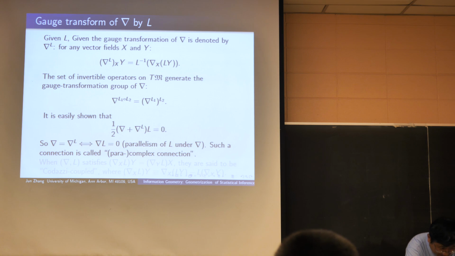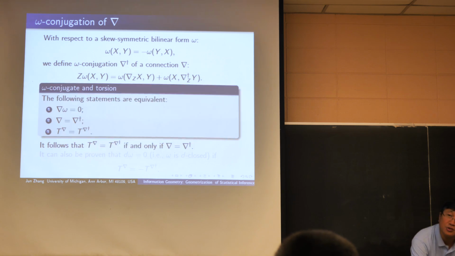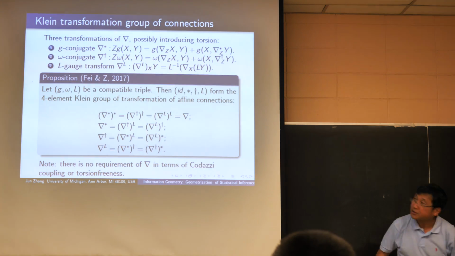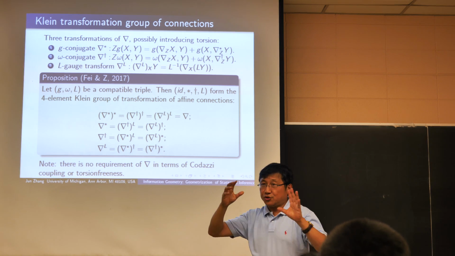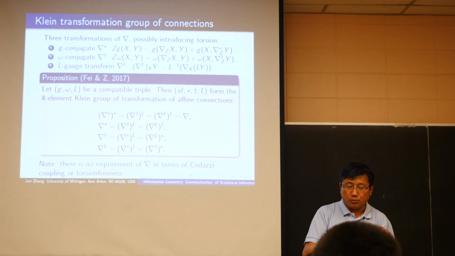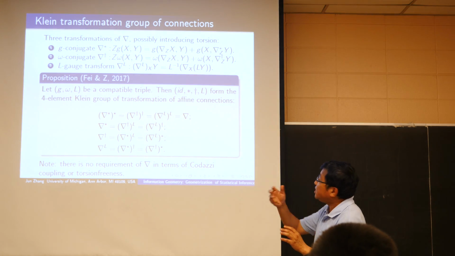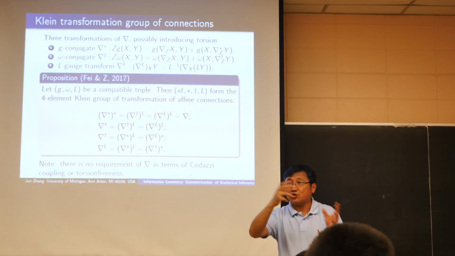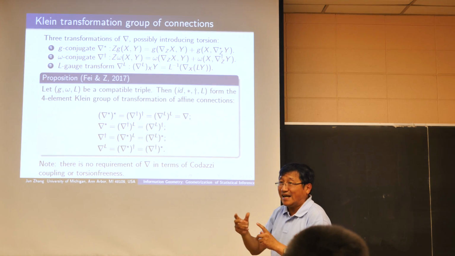Now, given these definitions, we also revisited the so-called L dual or L conjugate of a connection, and we also discussed the so-called omega conjugate of a connection. So we have the G conjugate, the L conjugate, and the omega conjugate. Now we prove this theorem, which says that given any connection, now we have a metric, we have a symplectic form omega, and we also have J, the almost complex structure. Each of these can induce a transformation of the connection, but these three conjugations are linked in the sense that